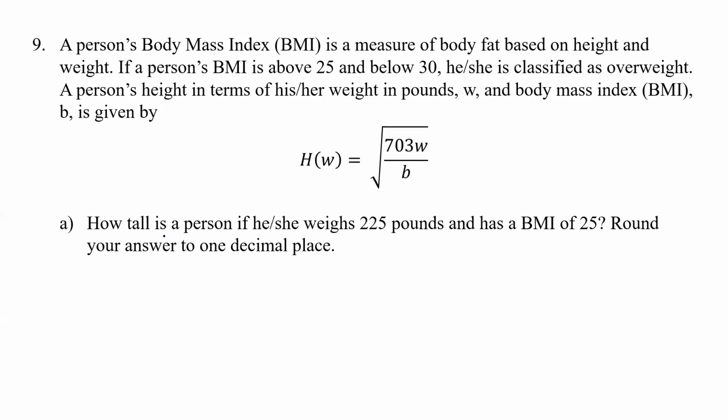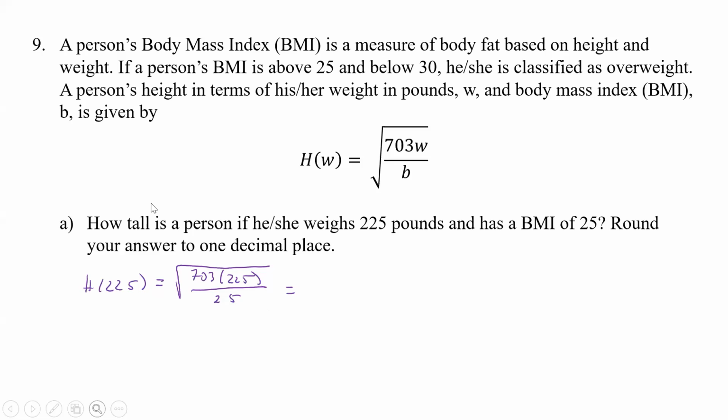Okay. So it says, how tall will a person be if he or she weighs 225 pounds, okay, and has a BMI of 25, and we want to round our answer to just the one decimal place. So height is going to be based on our weight of 225 pounds. So you have h of 225 equals square root of 703 times 225 all over our BMI, which we said was 25. Okay, so if we go back to our calculator,